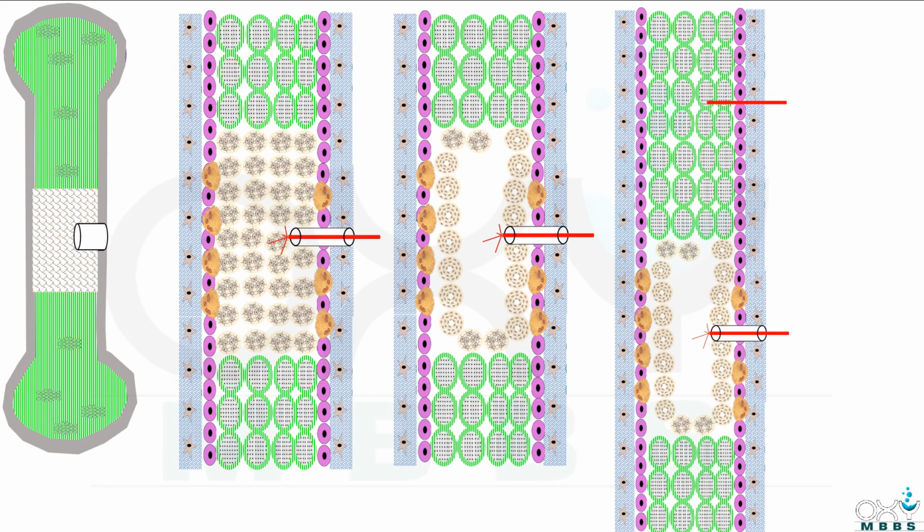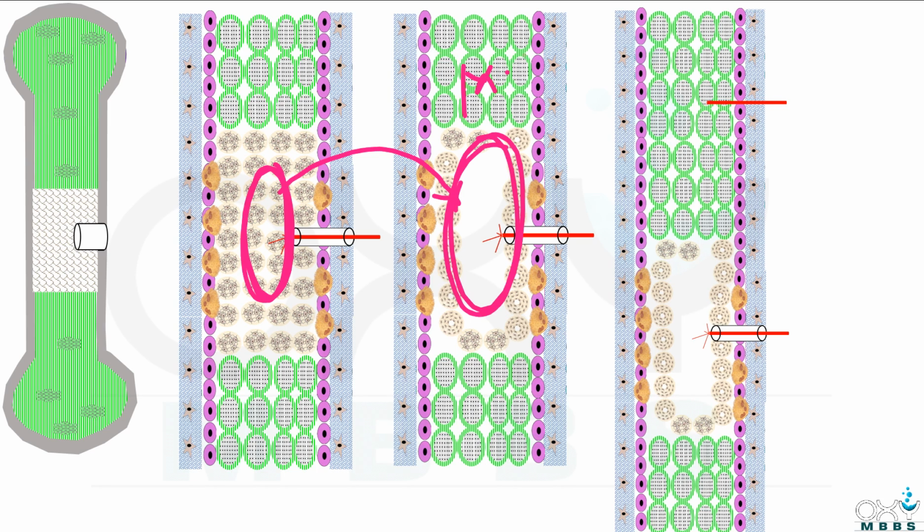Because of this, a cavity is formed in the central region, as you can see in this picture, and this cavity is called the medullary cavity.